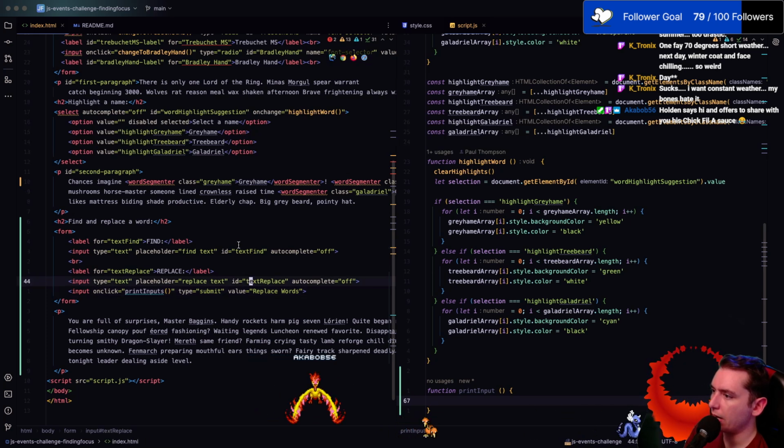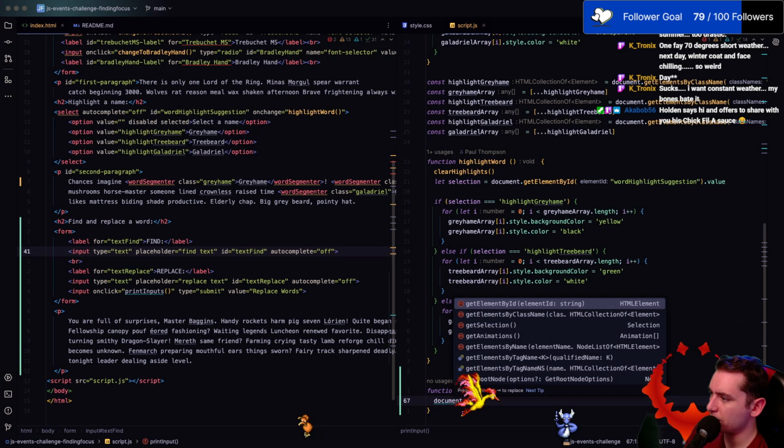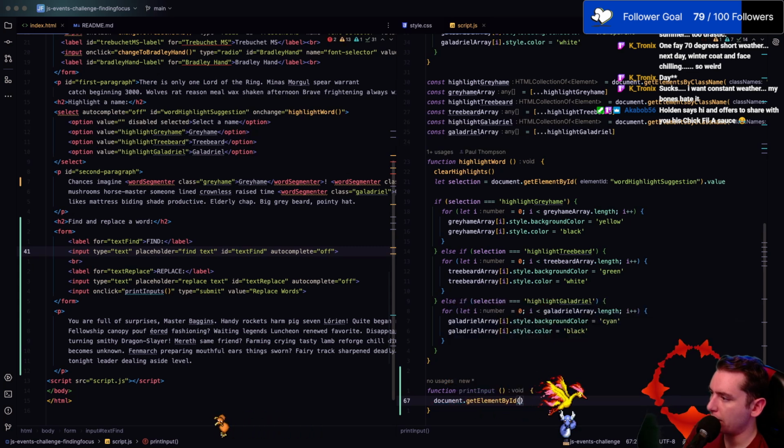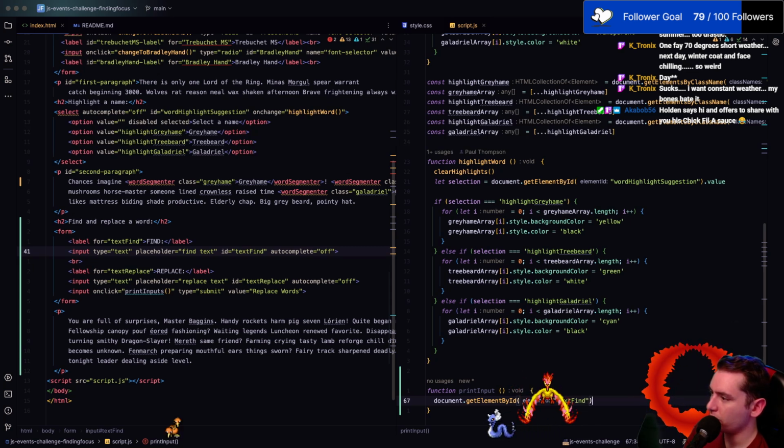So we've got an ID for both of them. I think if we do document.getElementById and give it the ID of text find, as long as we say .value, because that's what we actually put in the form,